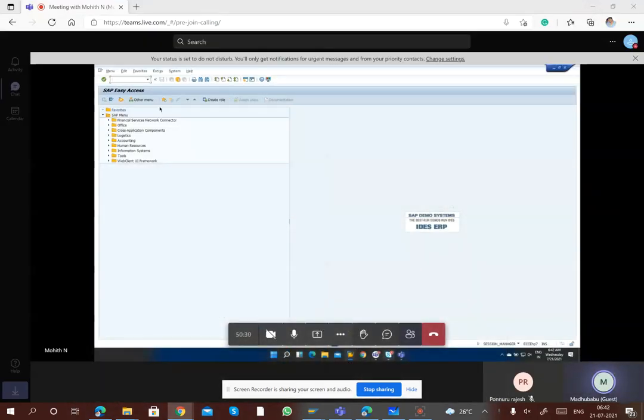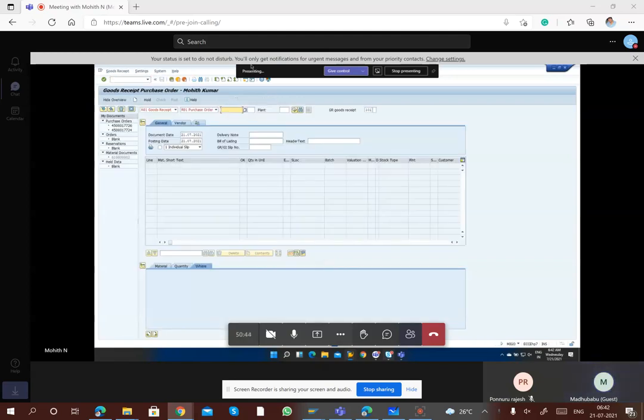Okay, so yesterday we stopped at a place due to some dump while doing the MIGO. Today we will proceed with the same. The transaction for doing MIGO is MIGO. Here, during a transaction, if you keep the cursor, you'll get the transaction or event. So what sort of transaction you're doing, or what sort of event you're doing.